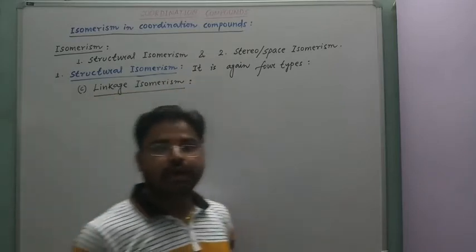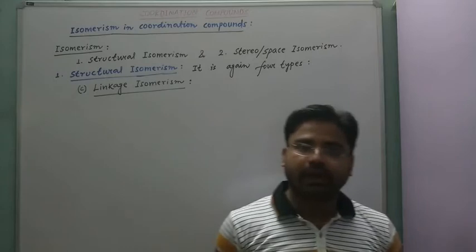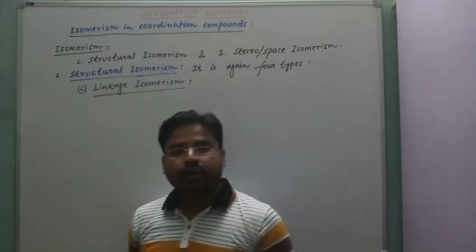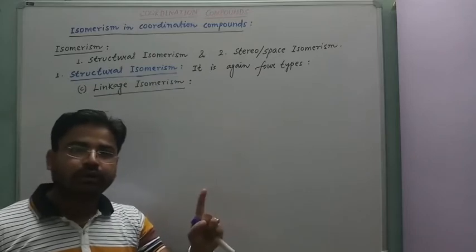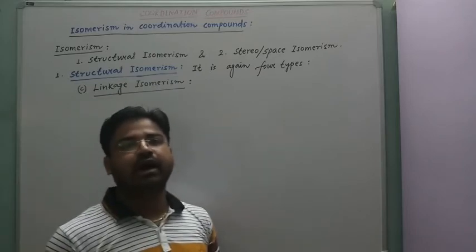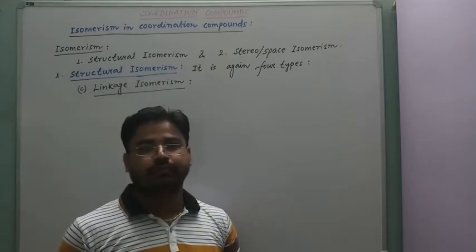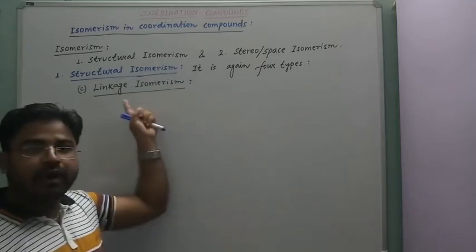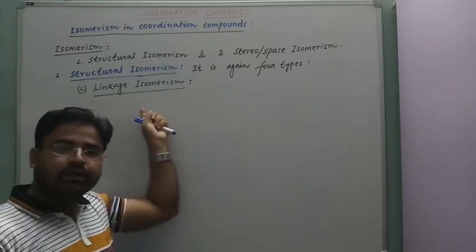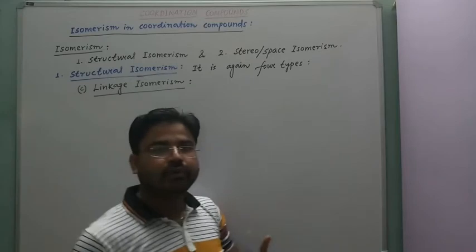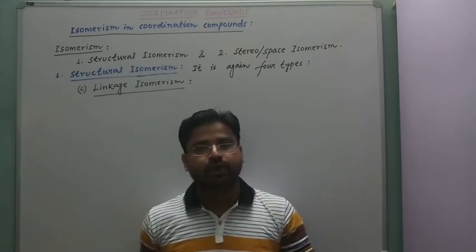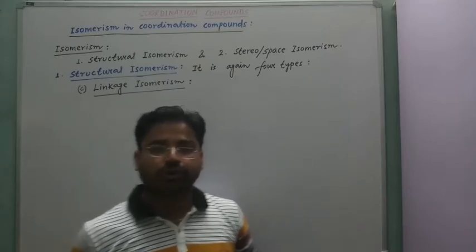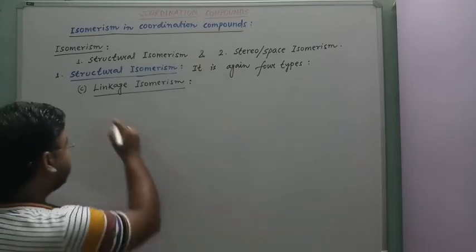This type of isomerism arises if the coordination compound contains one ambidentate ligand containing more than one donor atom. So this type of isomerism arises due to the presence of ambidentate ligand which contains more than one donor atom. For example,